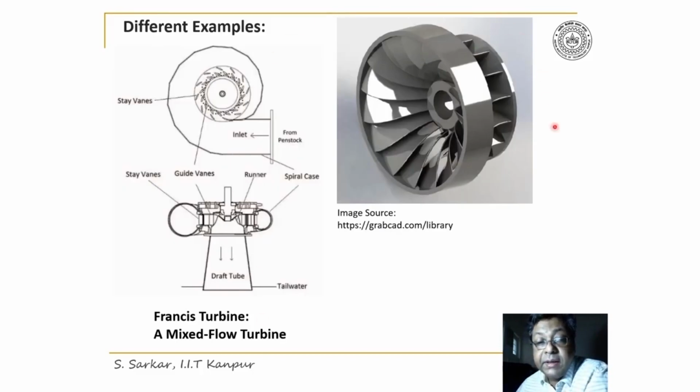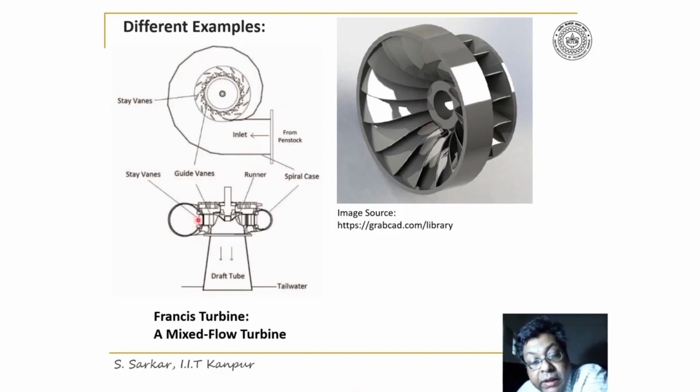This is a Francis turbine, and you realize the flow, this Francis turbine is a mixed flow impeller. And I have shown also the volute casing. Water is collected by the volute casing, and then through the diffuser it is pushed to the runner,